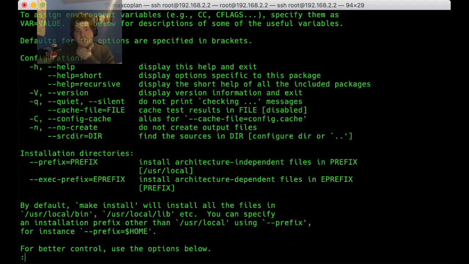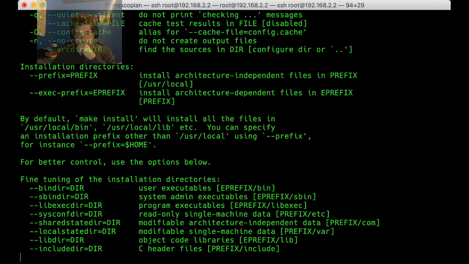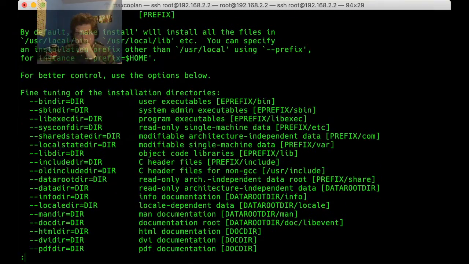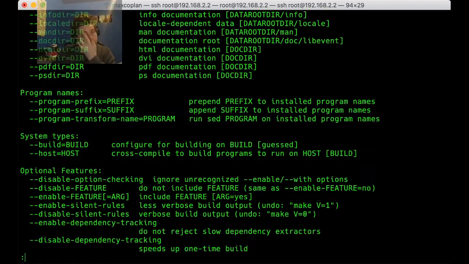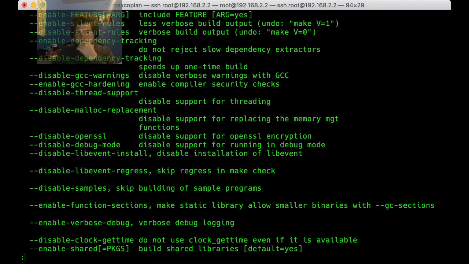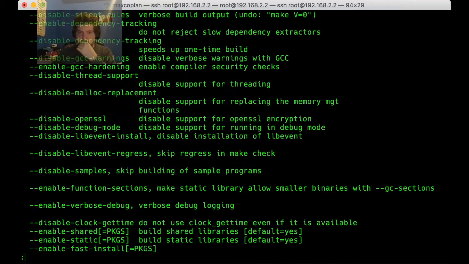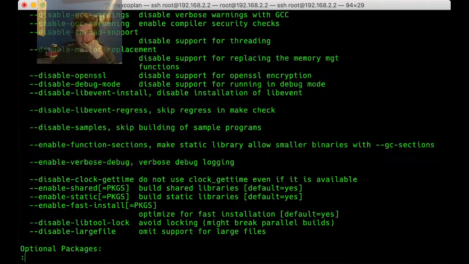What options do we got? Alright, we got the prefixes. A lot of things I don't know, so I'm going to ignore them.